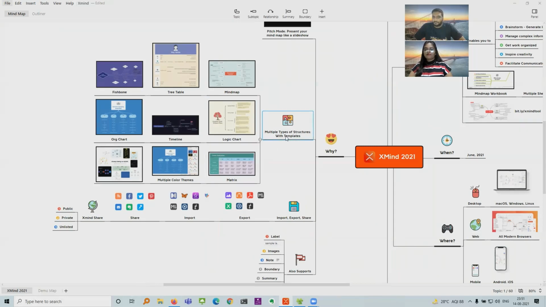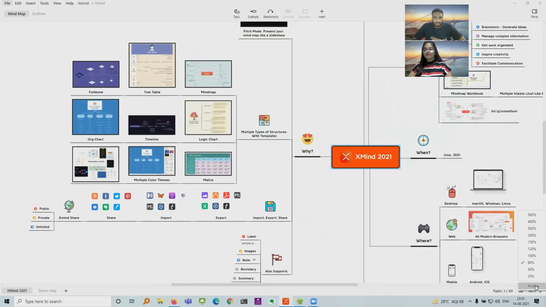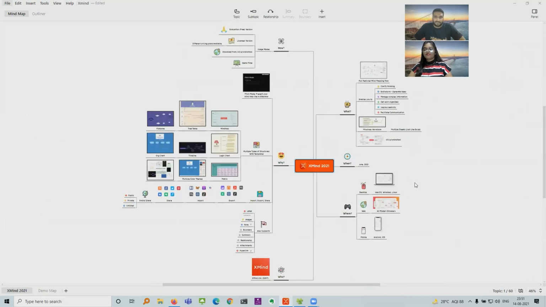So a lot of people ask me, have you explored Xmind fully? And whenever I say that I have not even explored it 10% or 20%, it's really hard for them to believe. But I think now you all would understand why it's such a huge tool, and how many options it actually gives, and how much you can do with it. So it's a really creative tool, and I really love Xmind. I even got the licensed version, and I've been using it for a while.